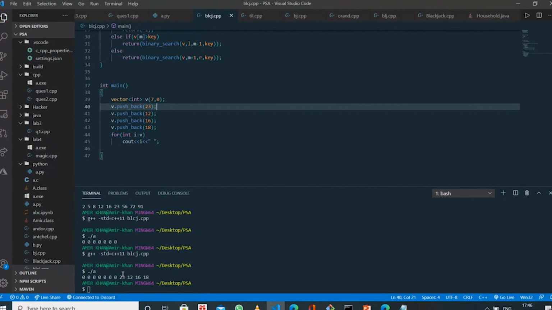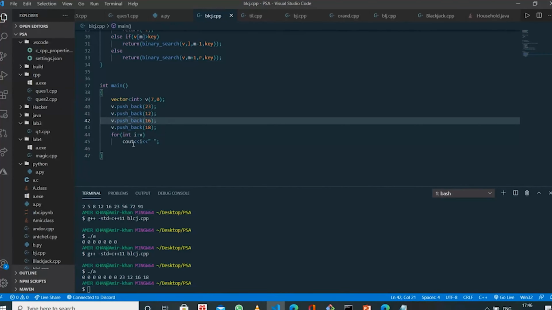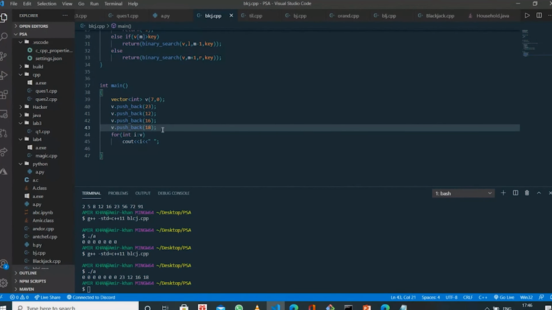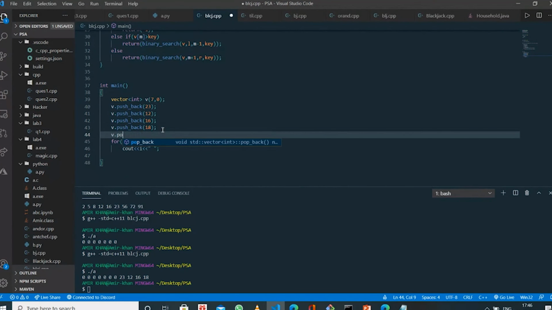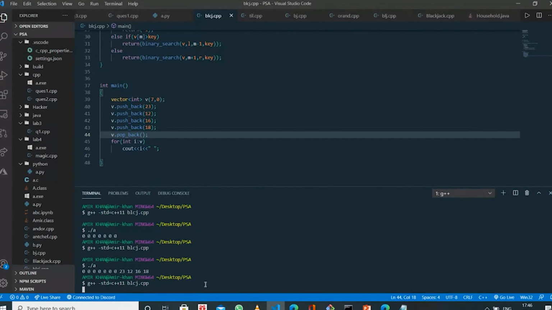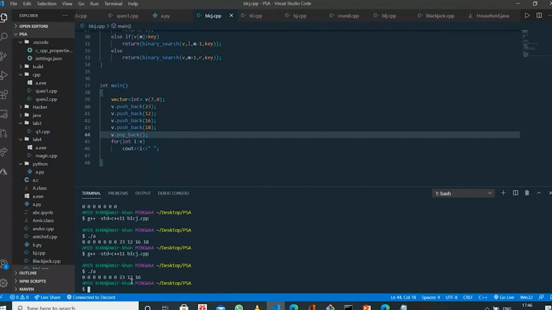See 23 here, 12, 16, 18. When I use pop back, what will it do? It will just delete 18. See, 18 is deleted.